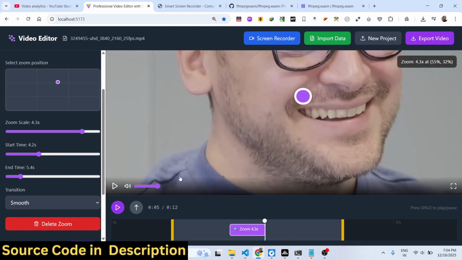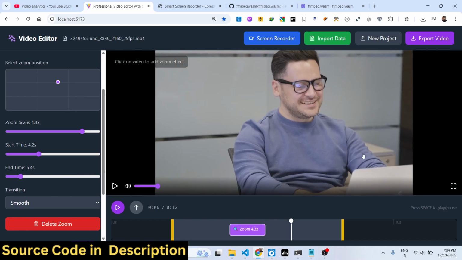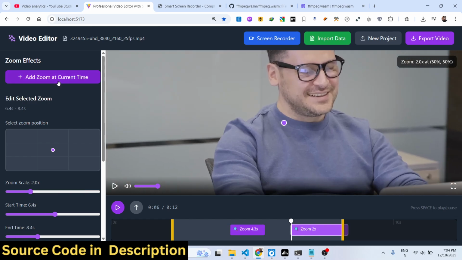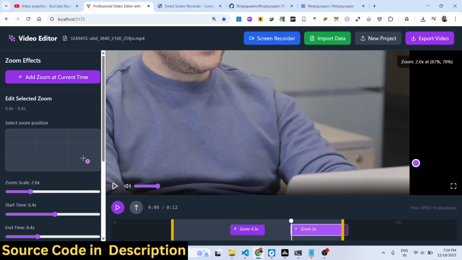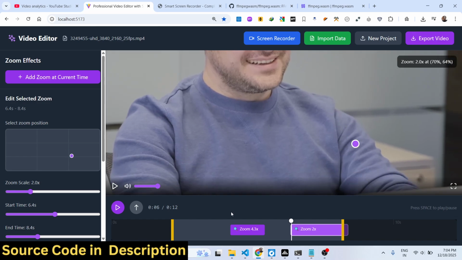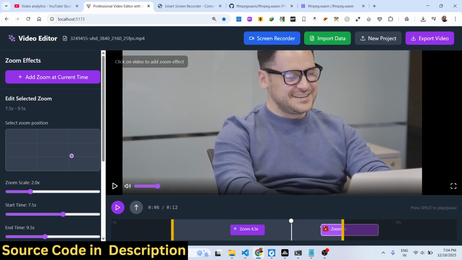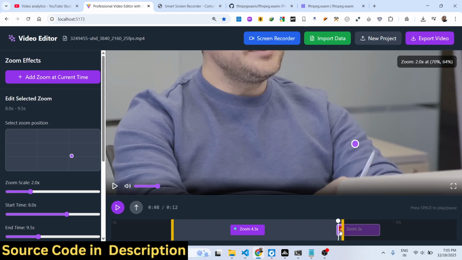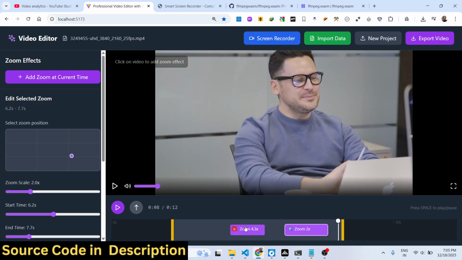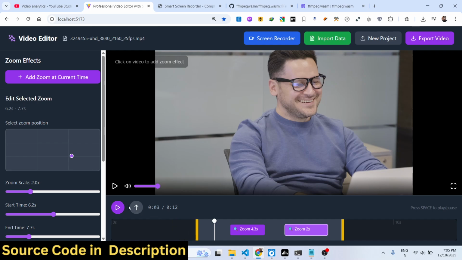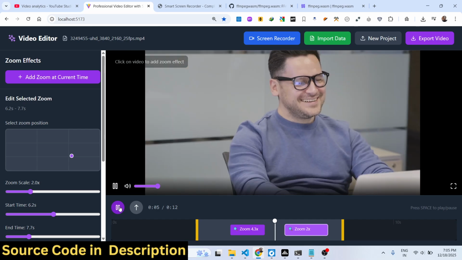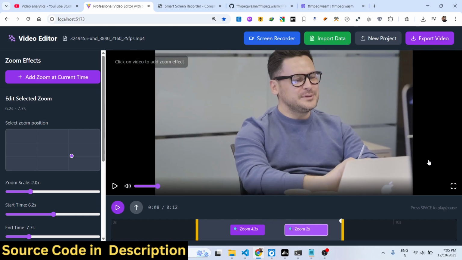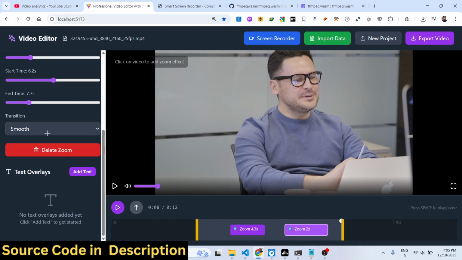So you can even apply multiple zoom levels. Now let's suppose at this moment of time I need to apply another zoom level. You can adjust the position here. From here you can adjust the duration. So now what happens, if you see, we have multiple zoom levels appearing right here. In the videos you have seen these zoom levels applied,